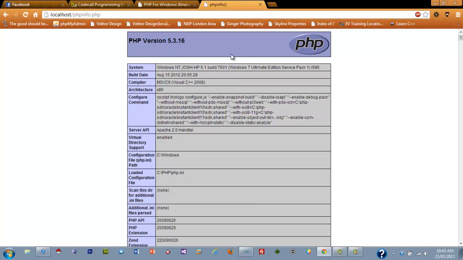Alright, if this is what you see, then congratulations, you're now running a WAMP stack, really. That's kind of what this is. If you don't, if all you see is the code that you wrote in the editor or some kind of error popped up,